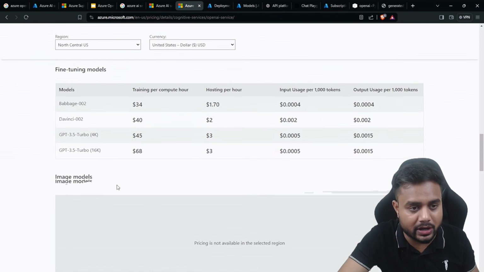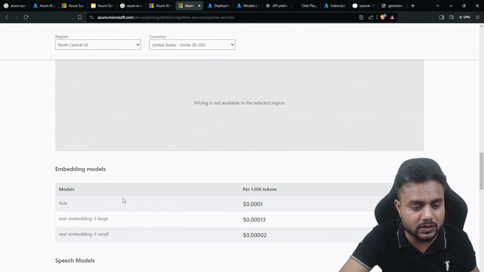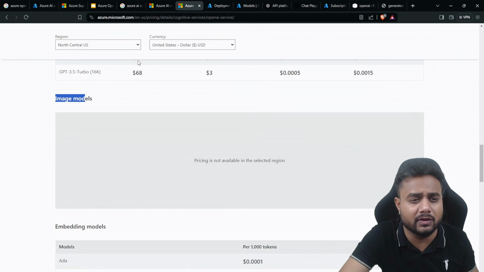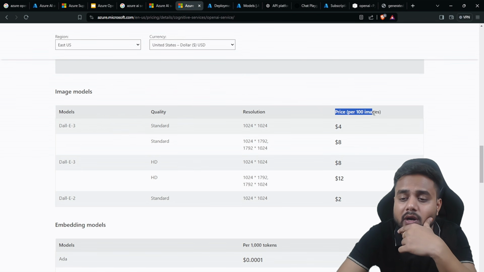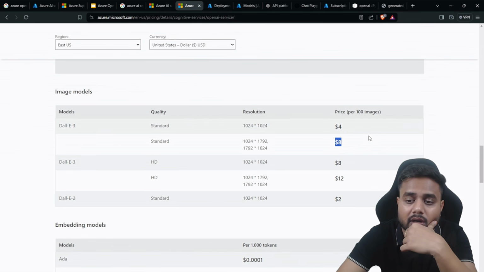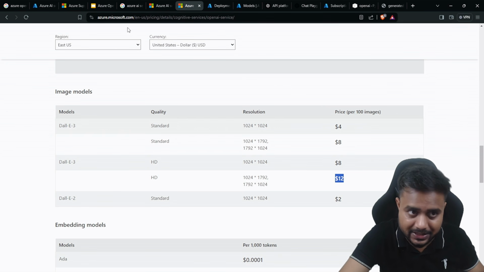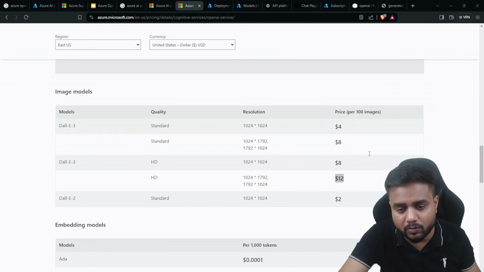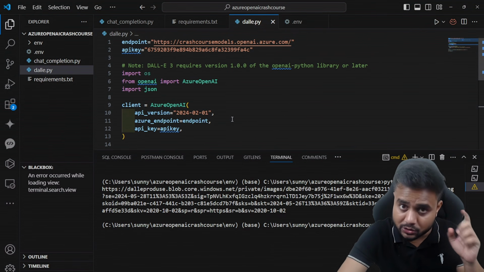So DALL-E price is quite high. Where is DALL-E? So here is DALL-E. The image model is not available in this particular region. I think I'm working in US. So see, DALL-E is $4 per 100 images, and $8 for this particular configuration, and for HD actually $12. So this is the complete pricing for DALL-E. Now I hope you understand how to call the Azure OpenAI API